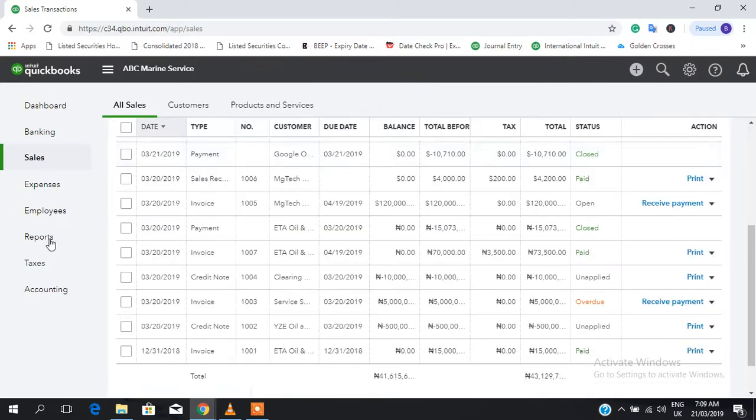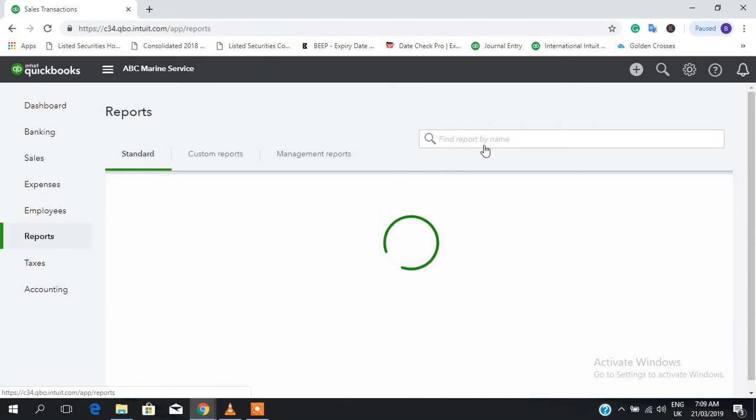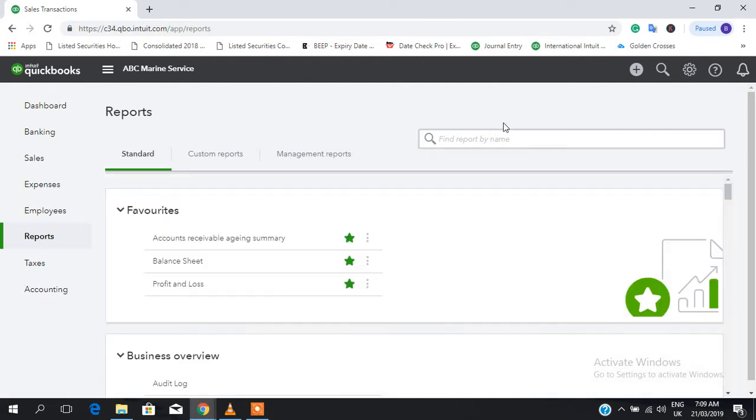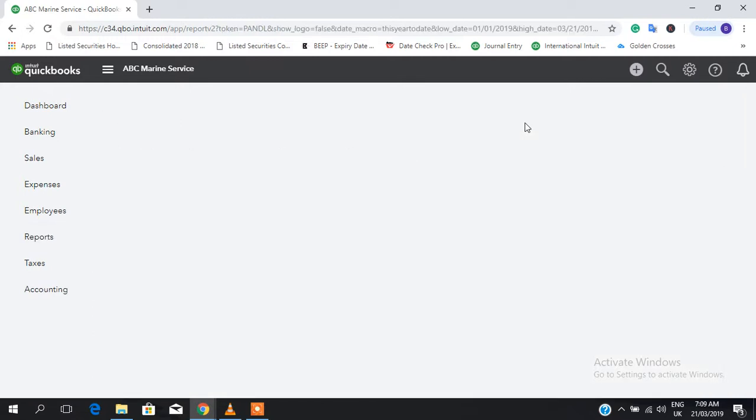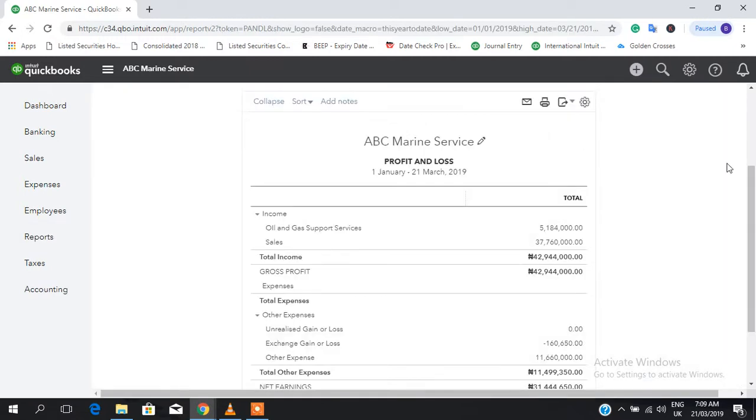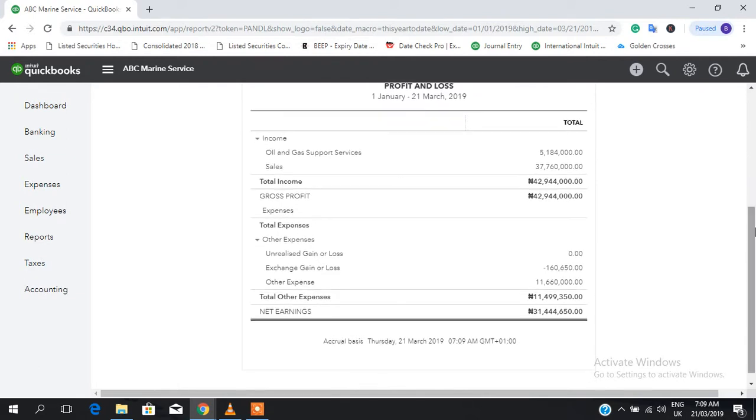So then to confirm that, we go to reports. Then let's check our profit or loss account to see if we are going to see anything like exchange rate gain or loss, because there seems to be a gain on the invoices that we entered earlier and the settlement. So you can see now exchange rate gain or loss. You could see our profit was